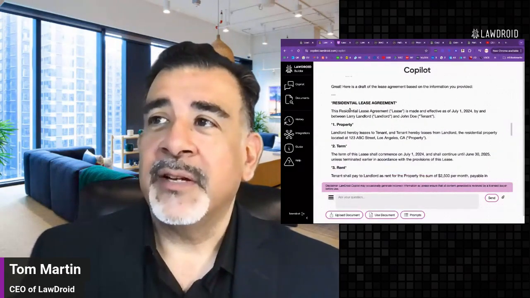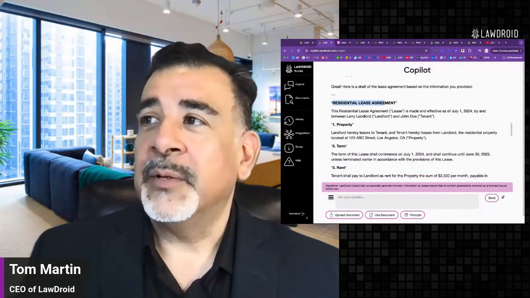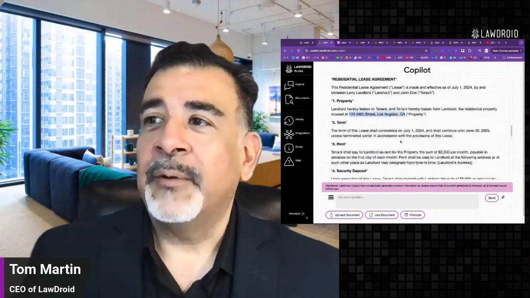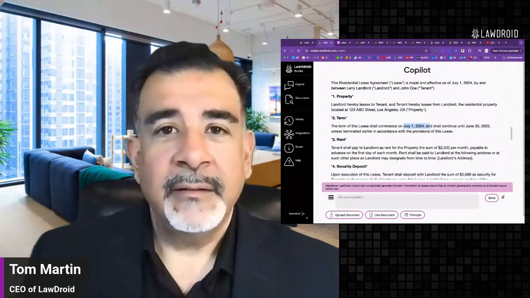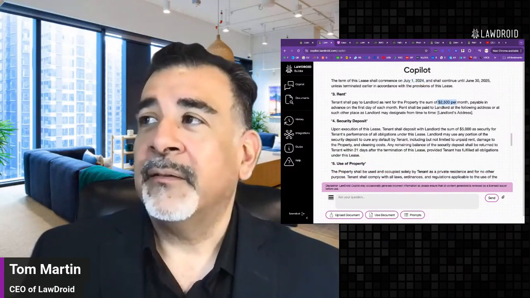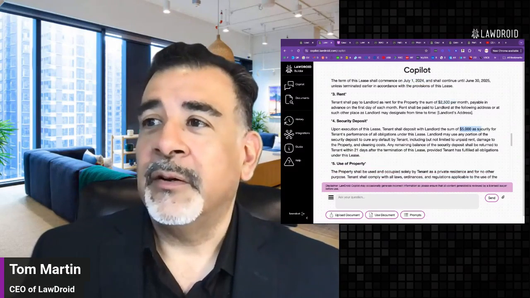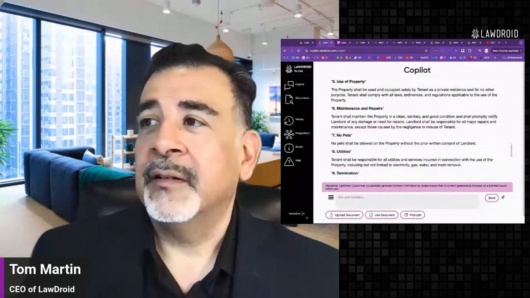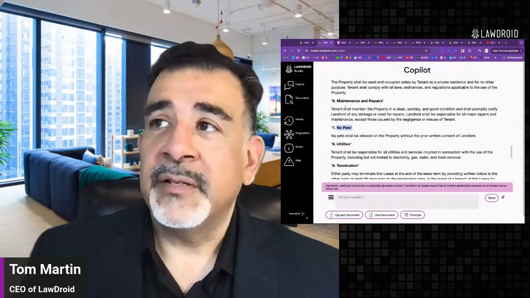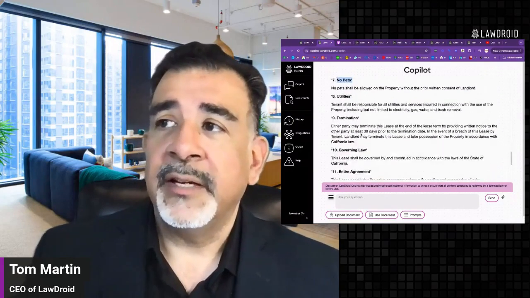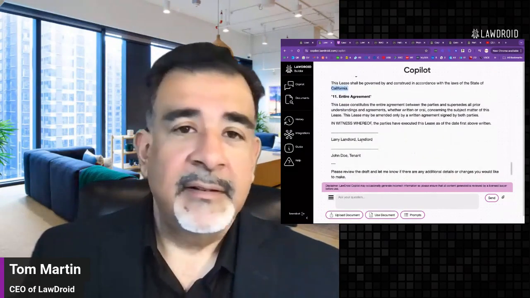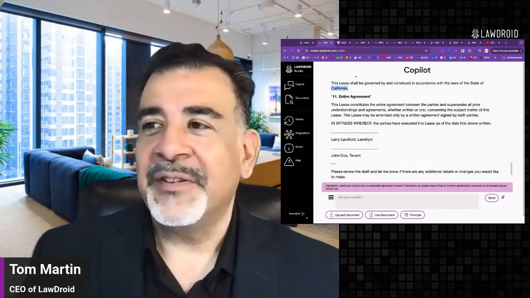Copilot has drafted a residential lease agreement between Larry Landlord and John Doe for the stated property address for 1 year, running from tomorrow, July 1st. The rental amount for $2,500, security deposit of $5,000, the no pet provision, other provisions about maintenance and repairs, utilities and termination, the governing laws, California, and has signature blocks for Larry Landlord and John Doe.